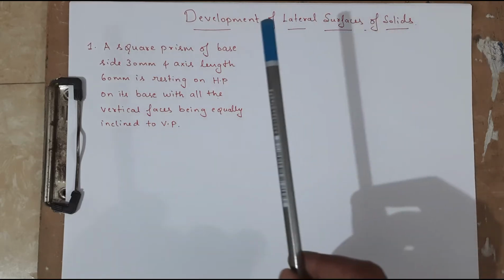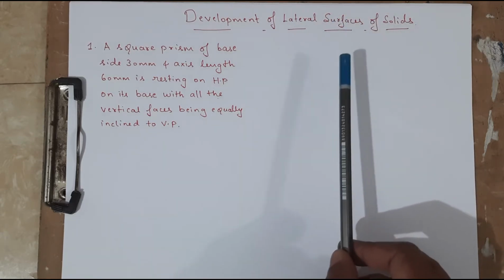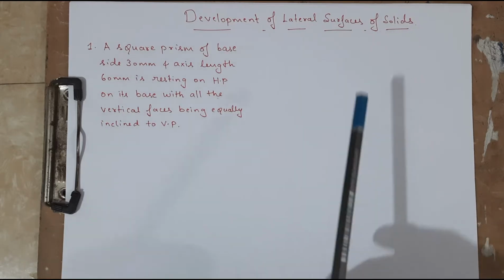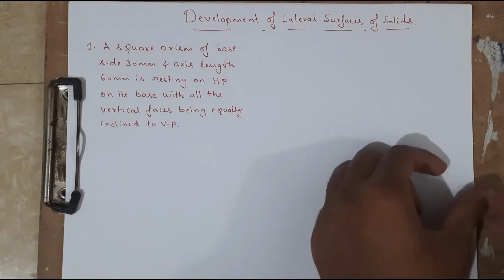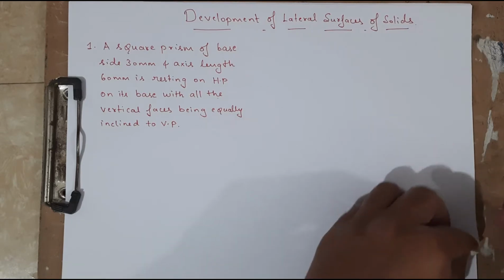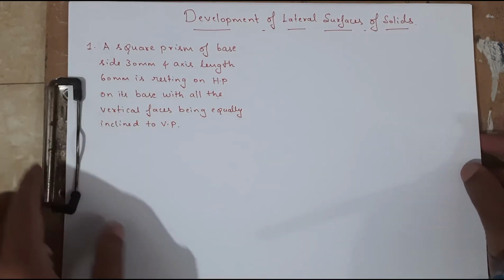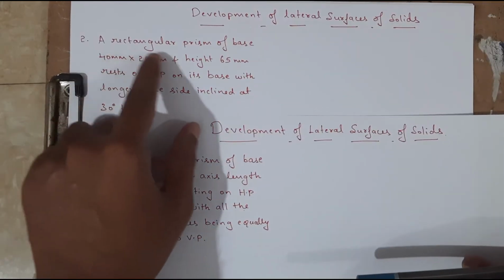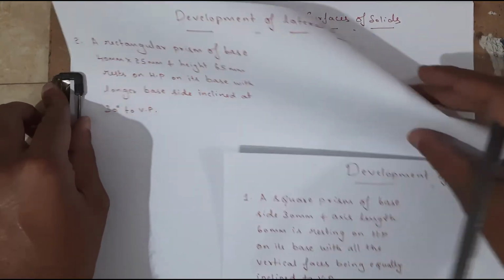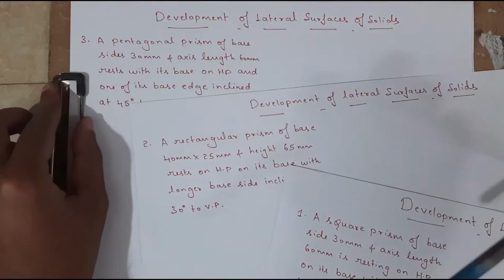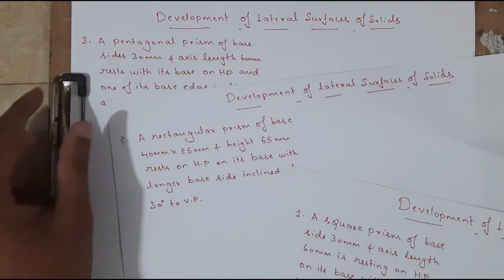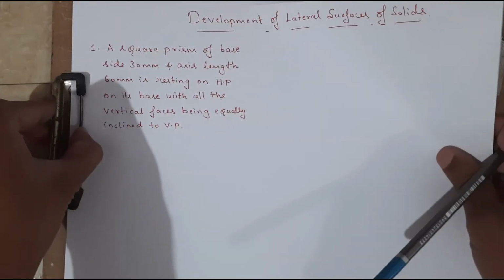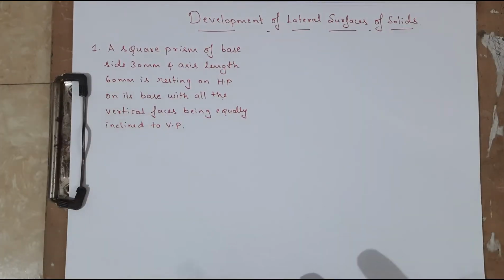That too, in this video we are going to talk about the initial conditions, how we need to write them depending upon the question. Okay, so here we are going to solve three types of problem. In this video we are going to solve the problem on a square prism, a rectangular prism, and also we are going to discuss the pentagonal prism. So these are the three problems I am going to take you through to make you understand how to write the